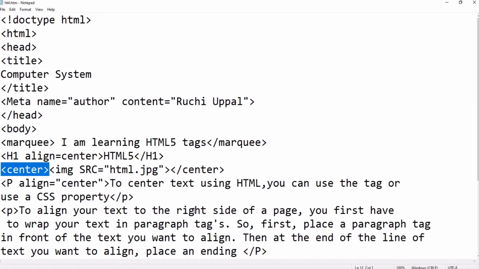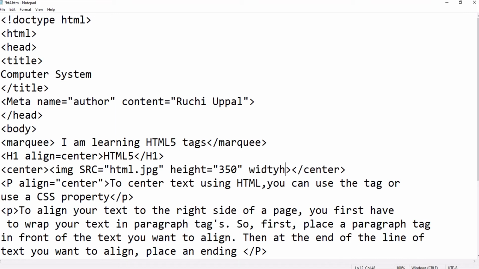As I told you, after writing this we have to write the height and width. So I will write height here. Suppose I want to set its height to 350. Now the next is width. I want to set the width also.